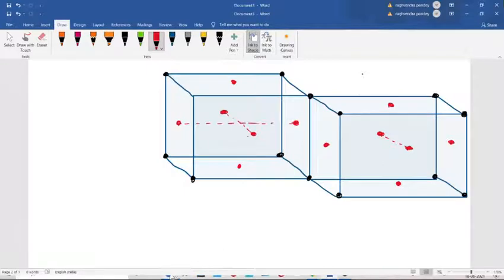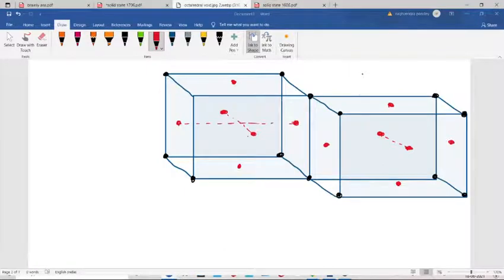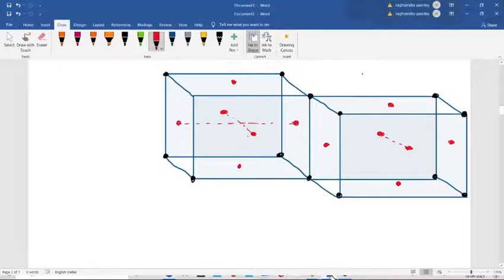Now, what we just saw in the octahedral void: these are 1, 2, 3, 4, and one above and below the plane. So let's take the square, with one above and below the plane. Here these are the four atoms, making one plane.